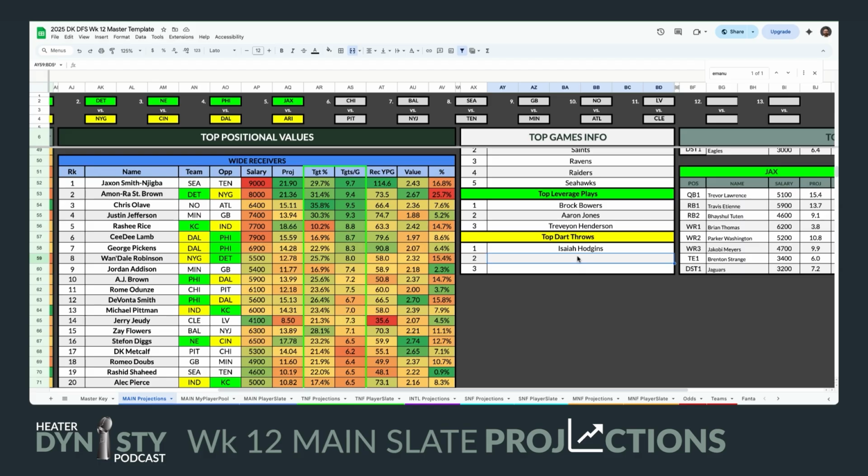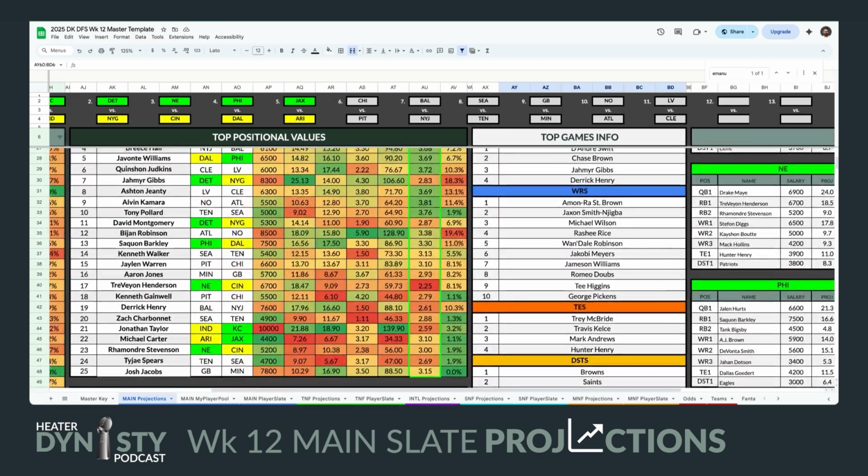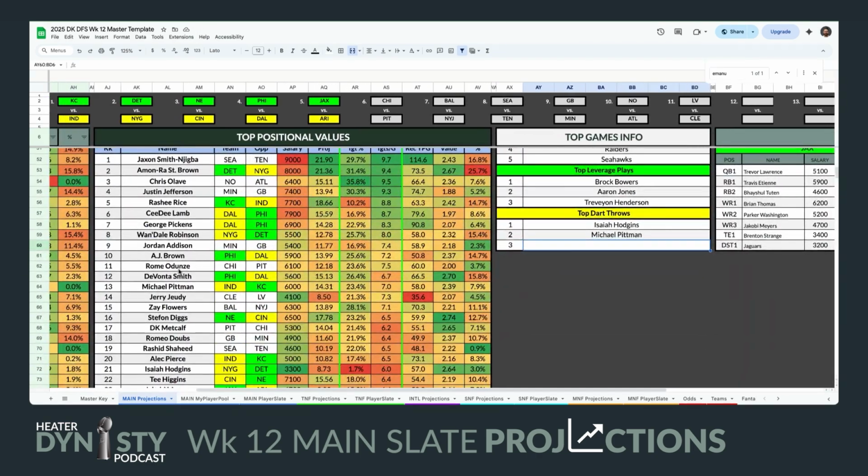My last two dart plays, I've got Michael Pittman Jr., another person that's kind of fallen through the cracks. I think he is, what is his price point this week? He's at 6K, so another middling roster guy that you could use. I think that is an option. Definitely in tournaments, I'm going to be going to him.